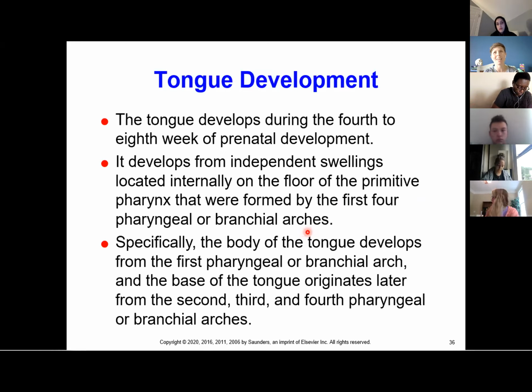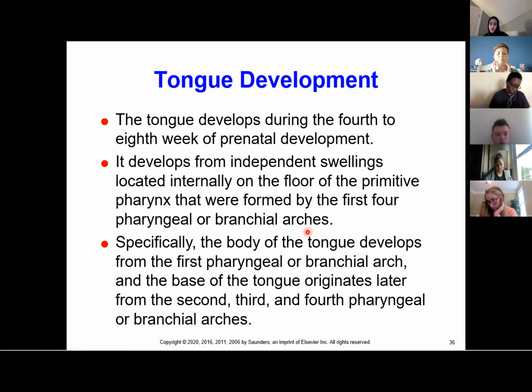The tongue develops during the 4th to 8th week of prenatal development. It develops from the independent swellings located internally on the floor of the primitive pharynx that were formed by the first 4 pharyngeal arches. Specifically, the body of the tongue develops from the first pharyngeal arch, and the base of the tongue originates from the 2nd, 3rd, and 4th pharyngeal arch. So the first pharyngeal arch also does the mandible, remember? So it also does the